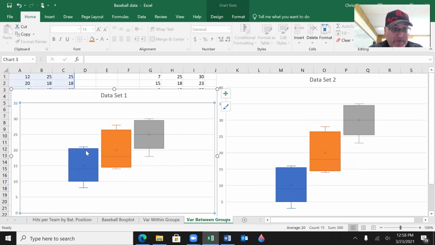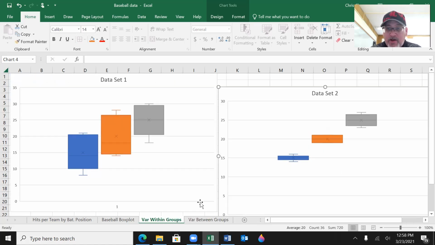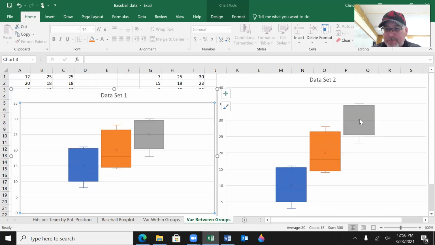For example, the variability from this blue box to that blue box, or specifically the variability between their means. And think of it that way, the variability between these means, between these 3 x's, is greater than over here. In this one, the variability between the means, and therefore between the groups, is exactly the same, because the means were in the exact same locations. But here, these means are further apart, so we have a variability between these groups to blame for the lack of overlap. So in terms of what we were talking about before,